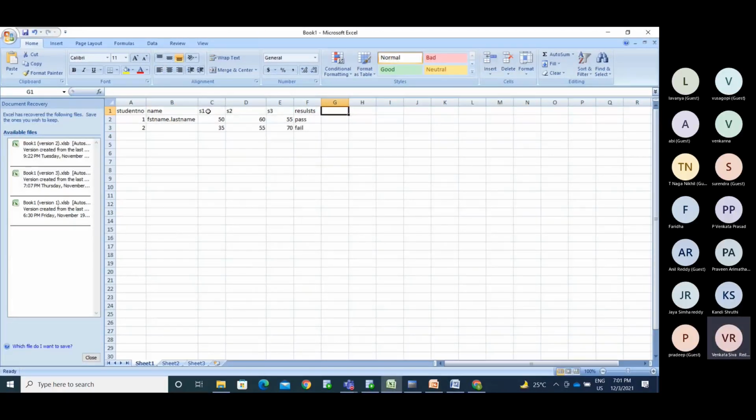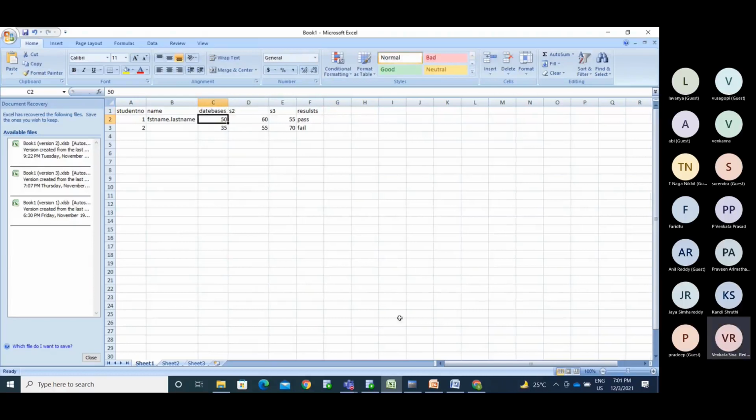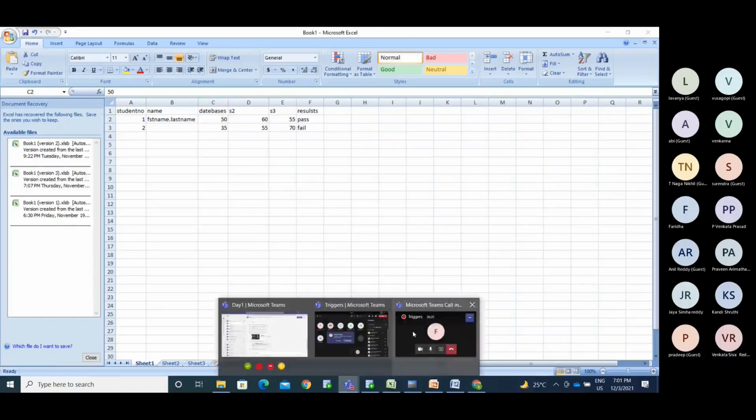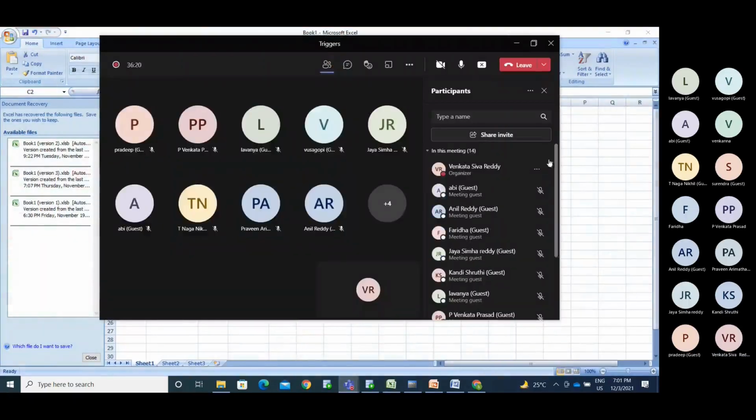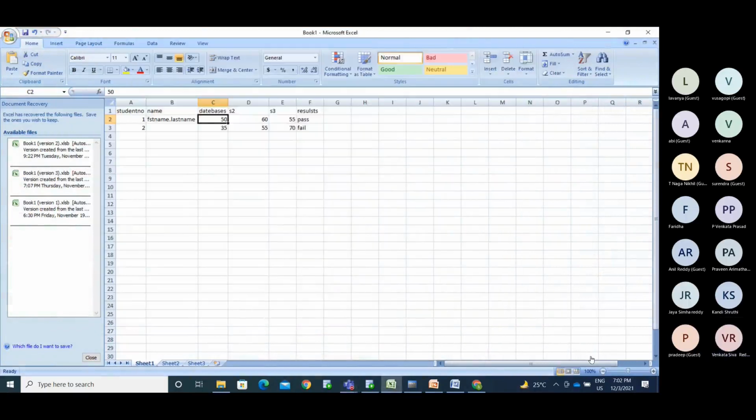We have the subject codes S1, S2, S3, and I need that information as databases and so on. I need the subject names in this way. Will you be able to do it?